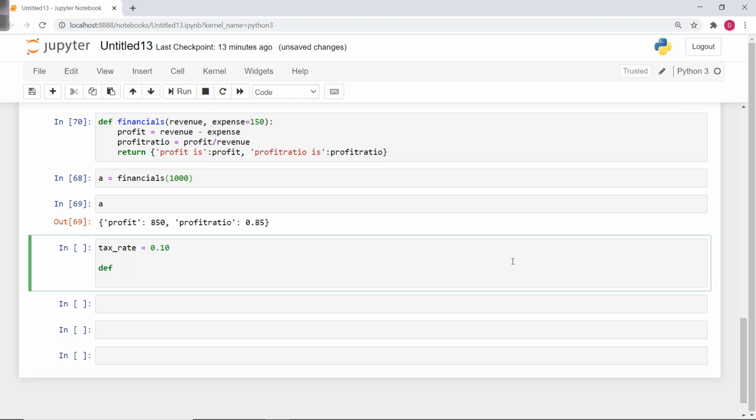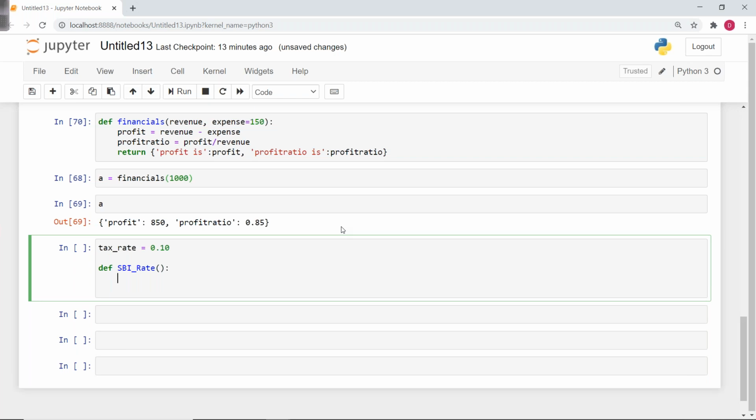So def, let's say sbi_rate, and again I'm just giving some example, right? As I mentioned, I'm not from a tax background, but whatever I understand from tax, I'm doing that. So here, let's say I want to apply the rate,